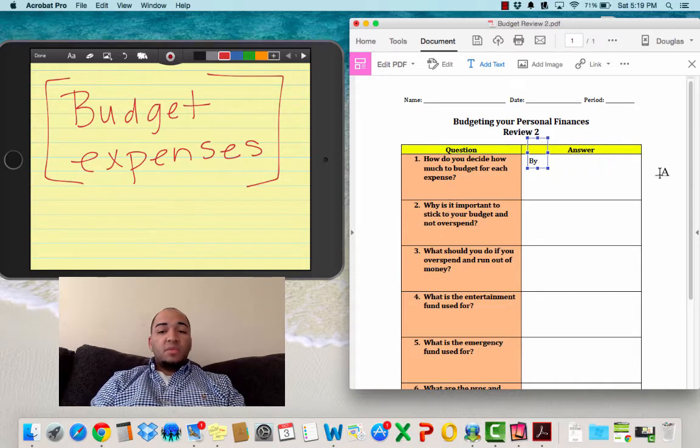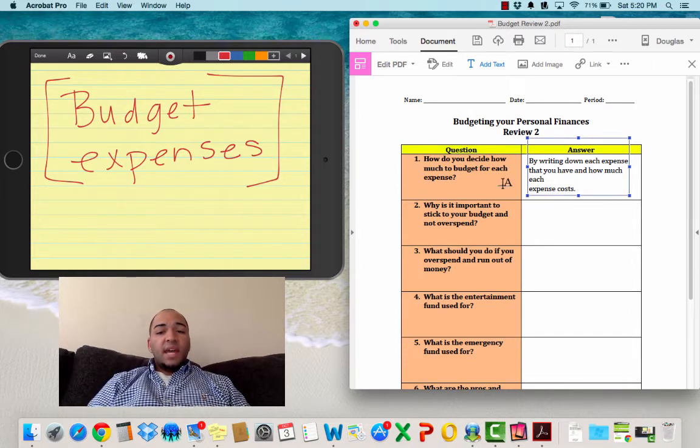Actually, I think a better answer would be by listing or by writing down. That's a better way to put it. By writing down each expense that you have and how much each expense costs. Okay, so the question is, how do you decide how much to budget for each expense? And the answer to that, guys, is that you want to write down how much each expense costs. So that's how you decide how much you have to allocate for it, because you're going to decide how much